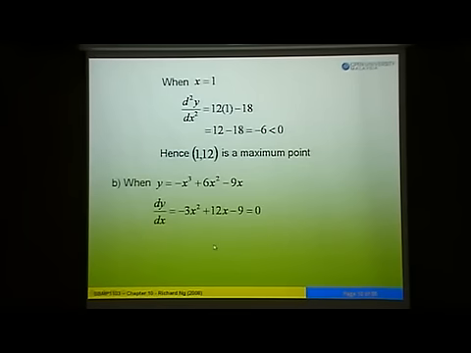So factorize this, take out the negative 3 first, we'll get x². Take out negative 3 from 12x, we will get negative 4x, and take out negative 3 from negative 9, we get 3. Because 3 times negative 3 is negative 9, negative 4 times negative 3 is positive 12, and then x² times negative 3 is negative 3x². Okay? So from here, factorize this one. So we'll